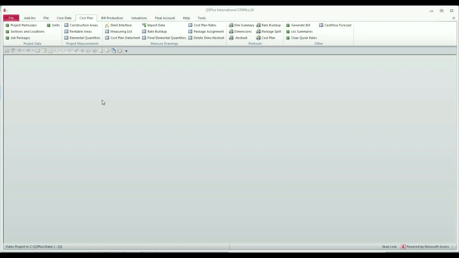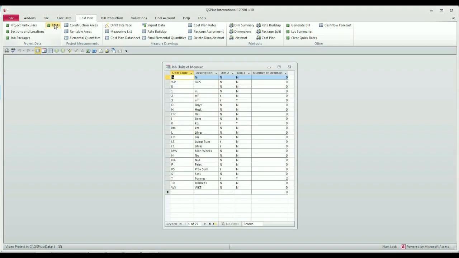When you create a new job, the complete set of units of measure is copied to your job. That means that you can change the units of measure specifically for a particular job if you want to. So to get to the units of measure, I'm just going to click Units on the Project Data group of the Cost Plan tab. And you'll see a list of all the units of measure that are available to you